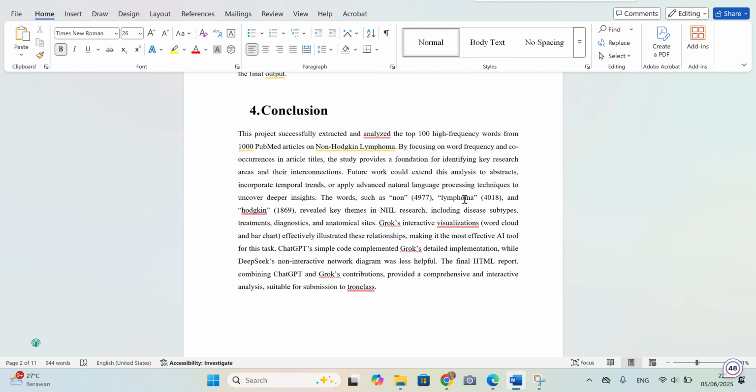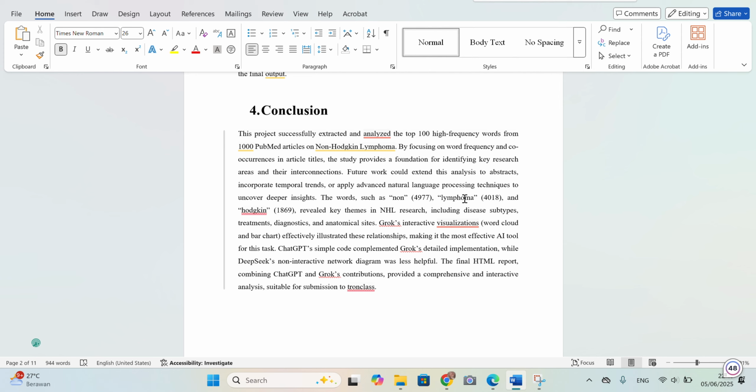Future work could extend this analysis to abstracts, incorporate temporal trends, or apply advanced natural language processing techniques to uncover deeper insight. The words such as non, lymphoma, and Hodgkin reveal key themes in NHL research, including disease subtypes, treatments,